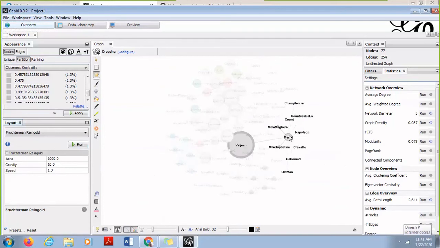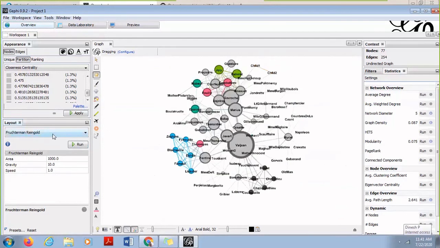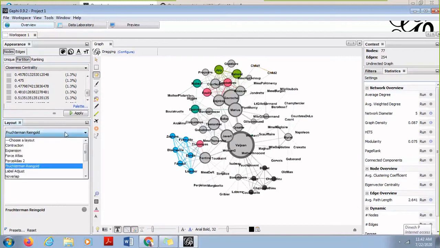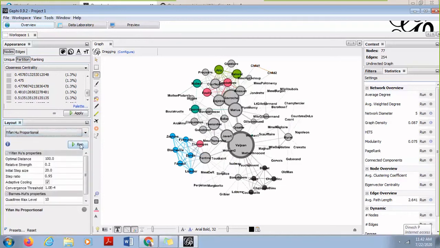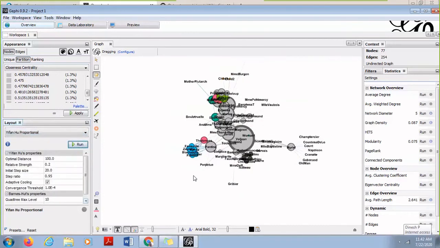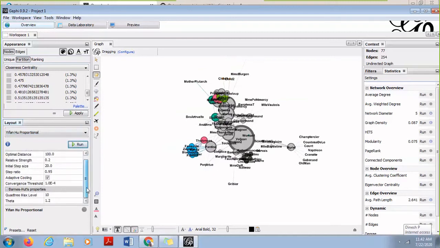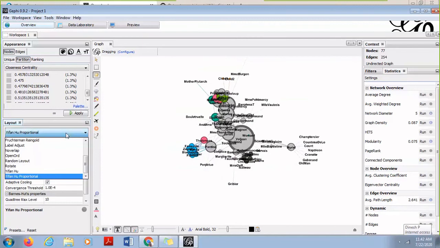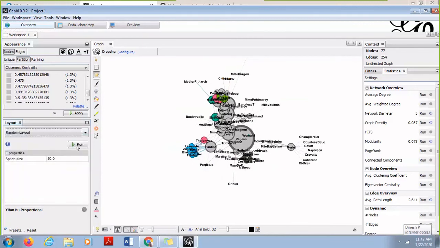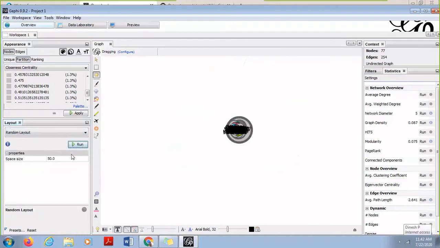So this is another algorithm or layout which allows you to get a better view. You can select the values and execute it. Here is another algorithm. This gives you a different perspective of the graph. Depending on what perspective you are looking for, you can try different options, but there are two which are generally used. One is random layout, which gives you this one. If you give the space properly,